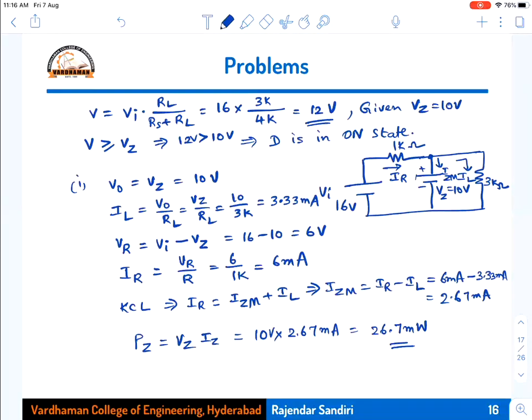So first V0 you have calculated. Then what is asked to calculate here? V0, VR, VZ. V0 and VZ are the same. VR you calculated, then PZ you calculated. All the unknown parameters in the circuit you calculated. So that is all about a circuit. For any circuit given, the first immediate thing you are supposed to do is determine the state of the diode for the given values of Vi, R and RL. If it is on, it is okay, it is acting like a voltage regulator. If it is off, then it will not act as a voltage regulator. You can make that statement after that. So the diode is in the on state, it acts like a voltage regulator.